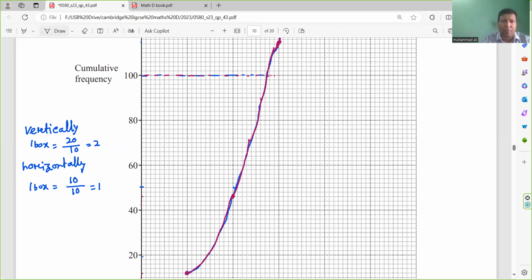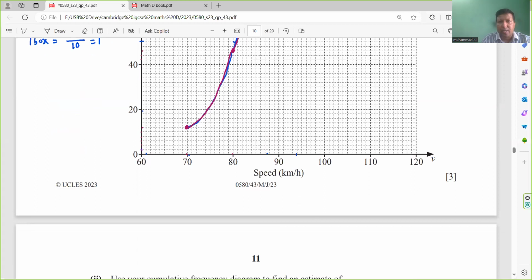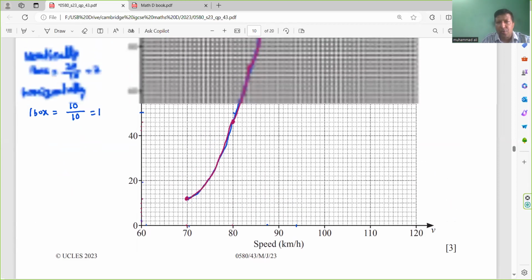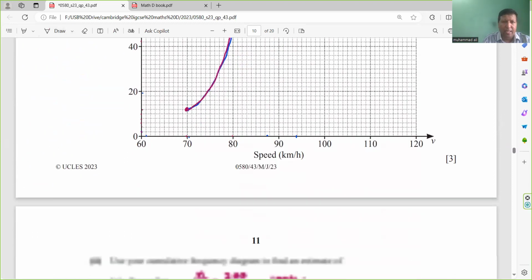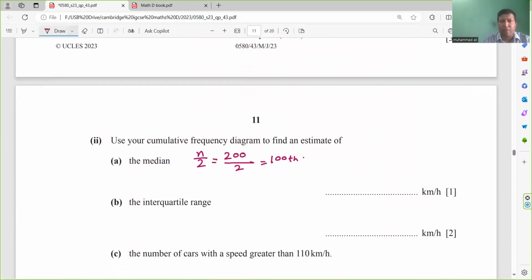This point is 87.5 because horizontally one box is 1 centimeter. As it is 90, that means it is 89, 88, so this is 87. So it is 87.5. So median is 87.5